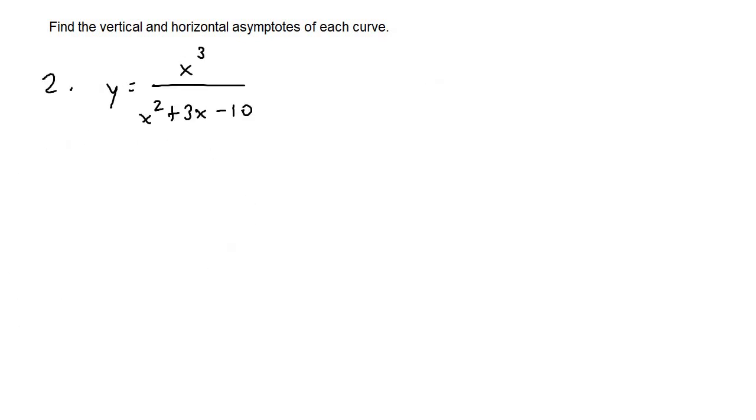So now for number 2, we have y equals x cubed over x squared plus 3x minus 10. Same thing here, let's just go ahead and start with finding the horizontal asymptotes. So the highest degree of the numerator is x cubed, highest degree of the denominator is x squared. Now if I go ahead and rewrite the highest degree of the numerator and denominator, x cubed over x squared, realize this is a top-heavy function, and in top-heavy functions, remember, there are no horizontal asymptotes, rather it's just a